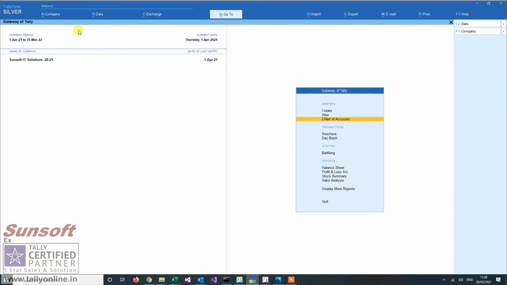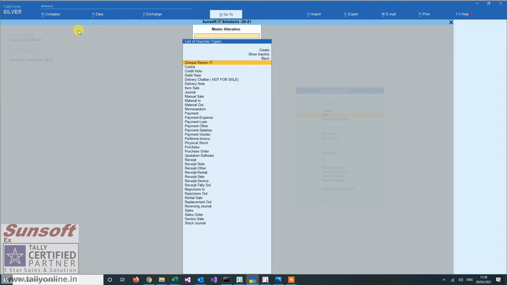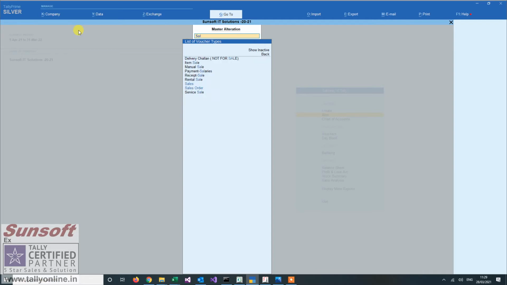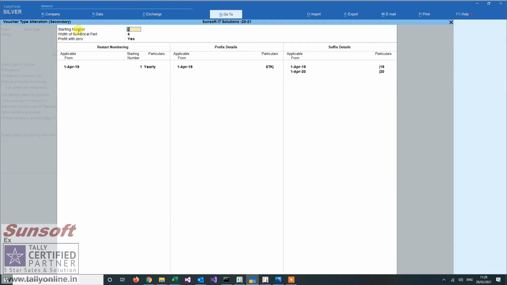So what I will do is, in the voucher type, any kind of voucher type, I use advanced configuration. Here I have the prefix and suffix I want to keep. Everything else remains the same.